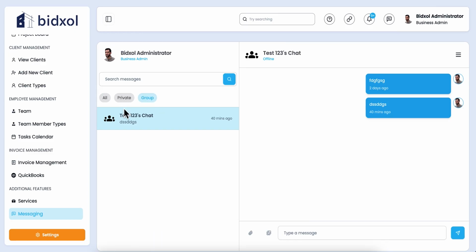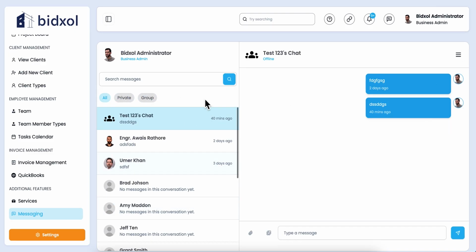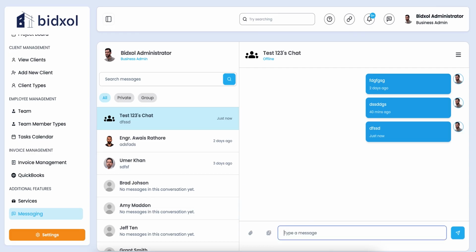You can do group chats and connect multiple people. You can do private chats and then view them all. So here you'll do a simple chat and it'll go back and forth between you, the client, and the team member, and you can discuss the projects. In the future we're going to have video conferencing for all parties, so you can jump online and discuss the project, and all of it will be saved into the system so you can use it for future